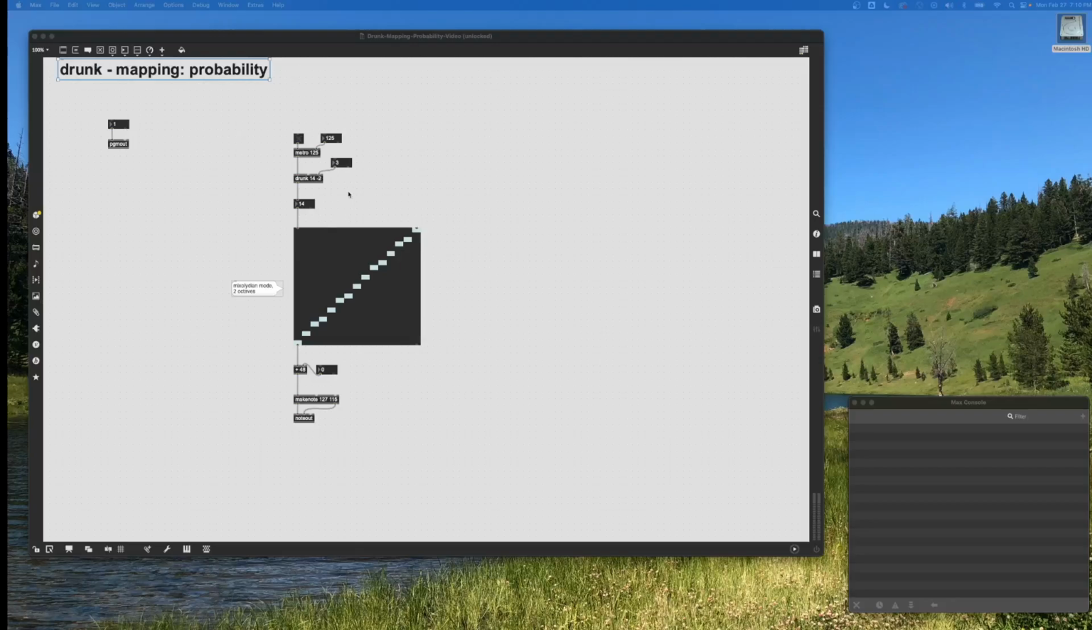All right, hi everyone. So this last part of my drunk random walk mapping onto a table is I want to do some probability. Because right now, if it's on, it's always on. And it actually works a little bit better if it's not repeating. Okay, so I want to keep everything I have, but I'm going back to